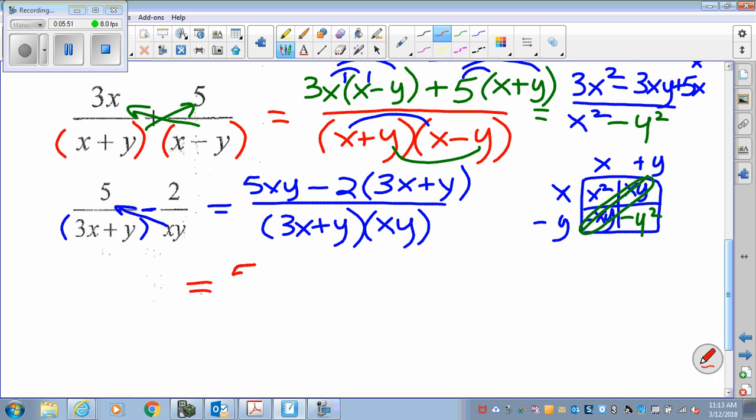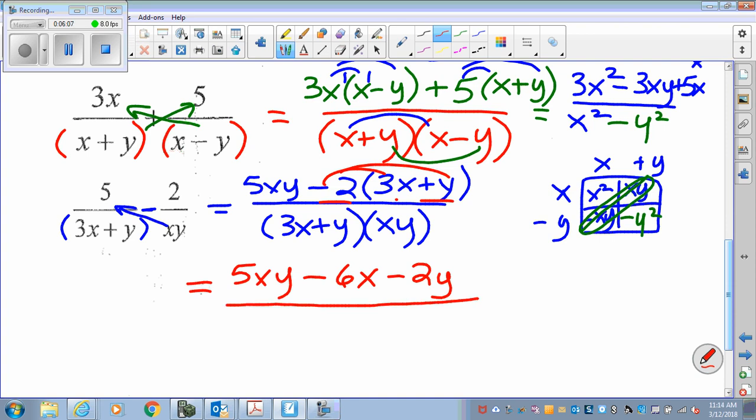And so I get 5xy on the top, and then I'm going to distribute. So that would be minus 2 times 3 is 6x, and then negative 2 times y would be negative 2y, all over